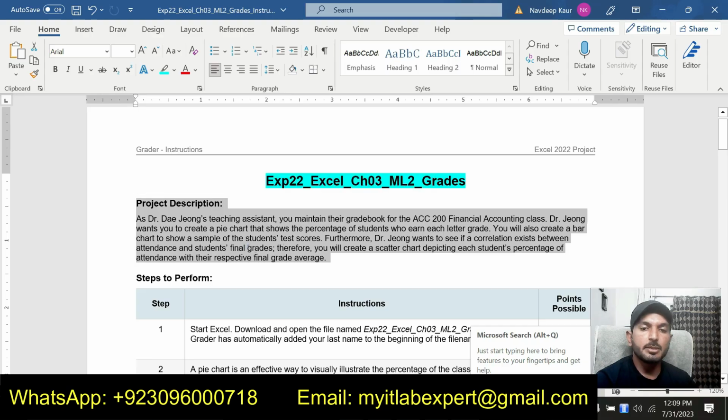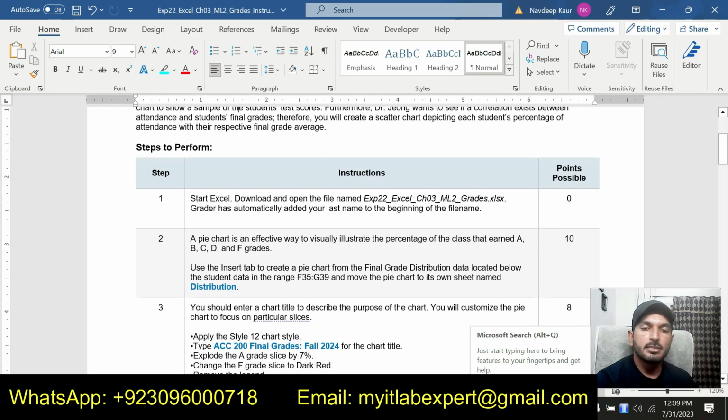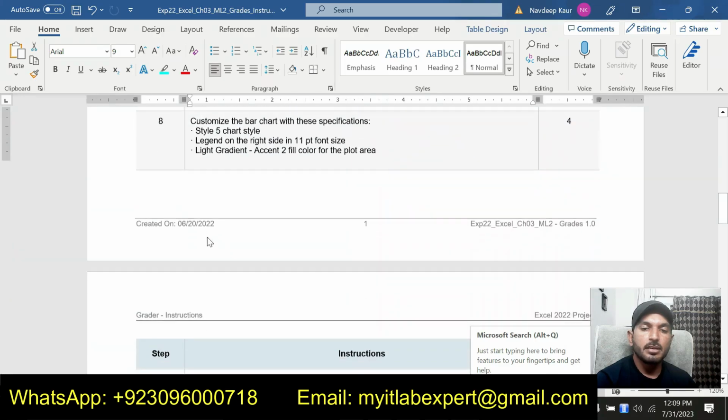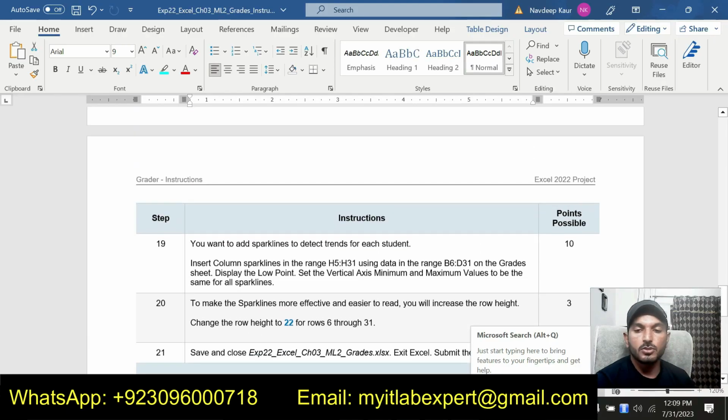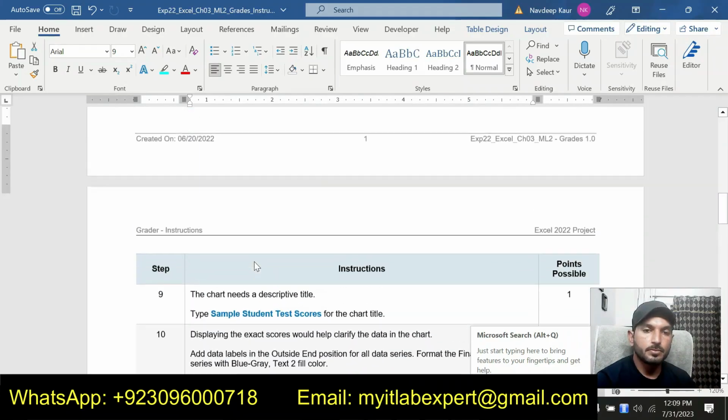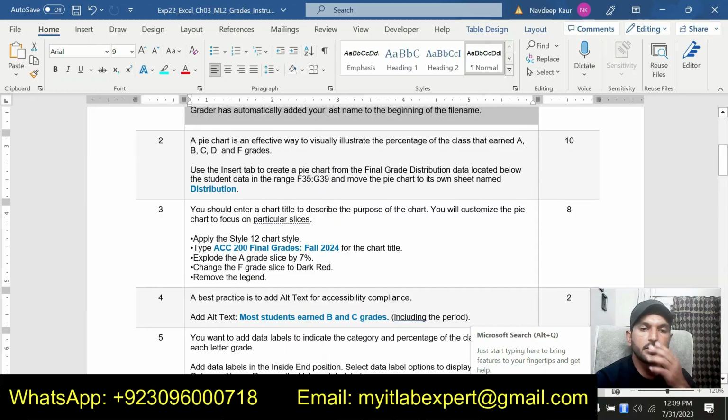Please read this project description so that you can get an idea about the assignment. Basically, this project description has nothing to do with the assignment, but read it to get an idea about the assignment. The main part of the assignment starts from step 1, and the total steps in this assignment are 21. So we are supposed to do these steps to complete this assignment.